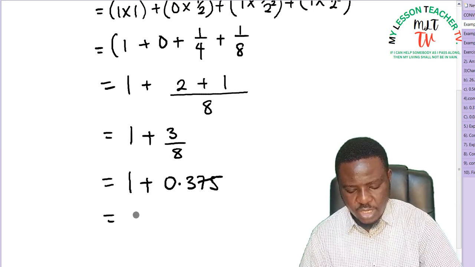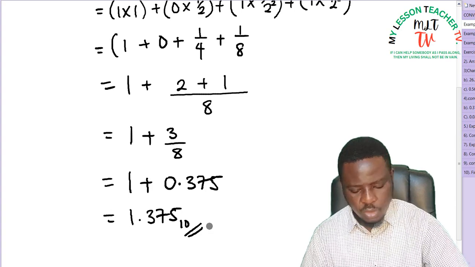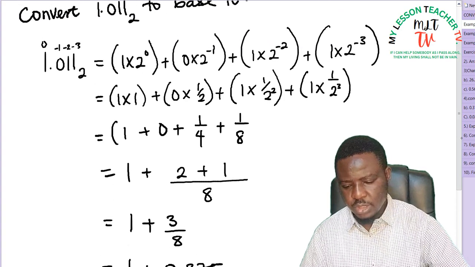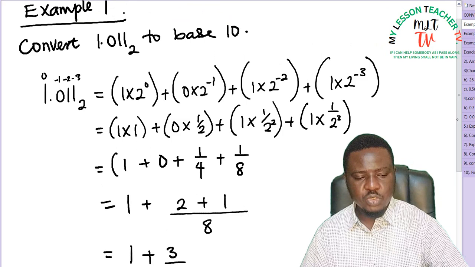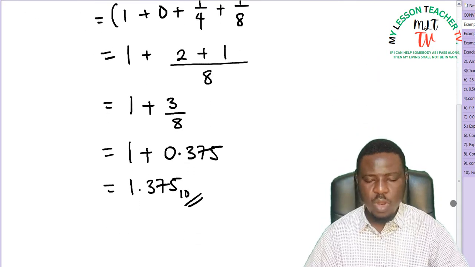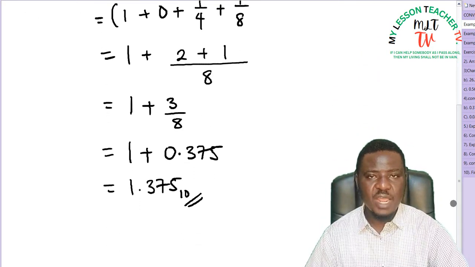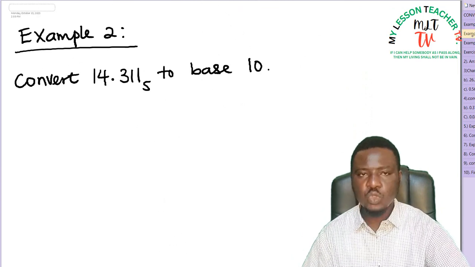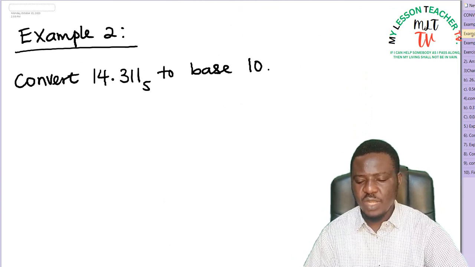0.375. And when added together, it becomes 1.375 in base 10. So 1.011 in base 2 is said to be equivalent to 1.375 in base 10. Example 3, we are asked to convert